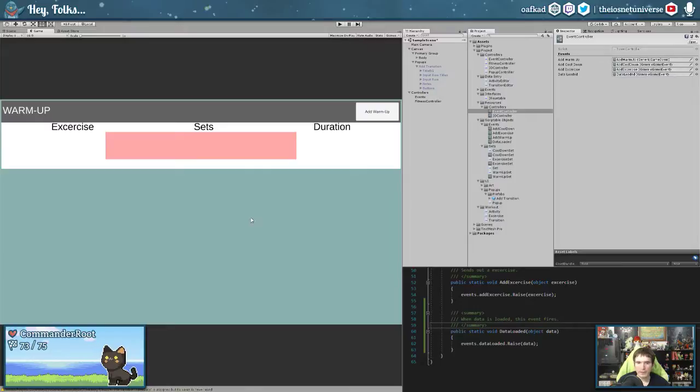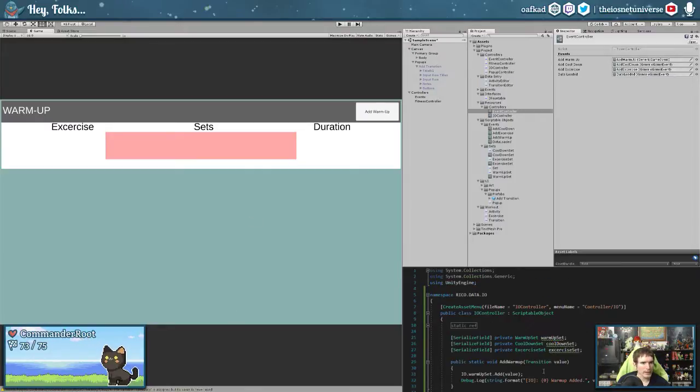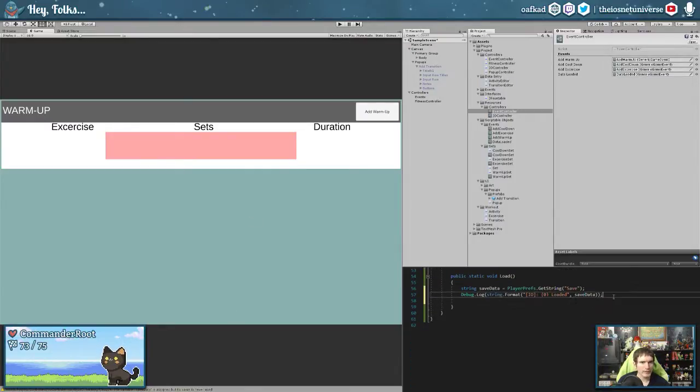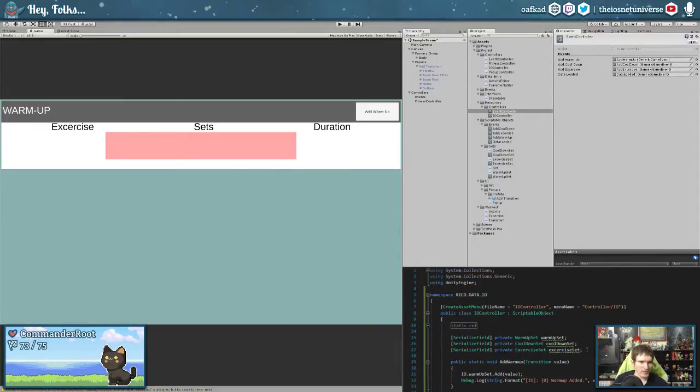Event is created, and then we can come back over to the IO controller down here and say events.event controller data loaded. And the data that we'd be sending out is going to be, currently it's a string, but once I create the actual save class itself, then it'll be one of those.